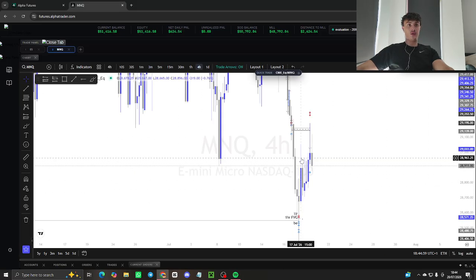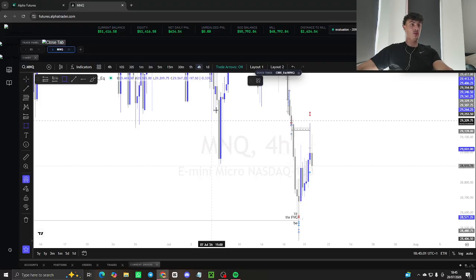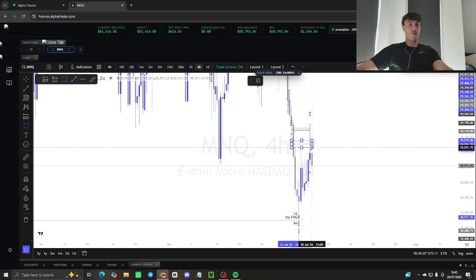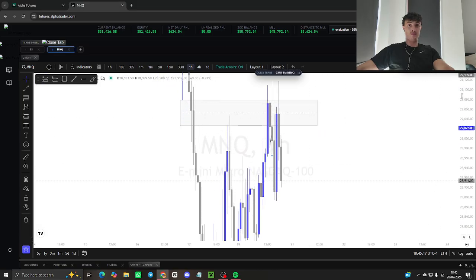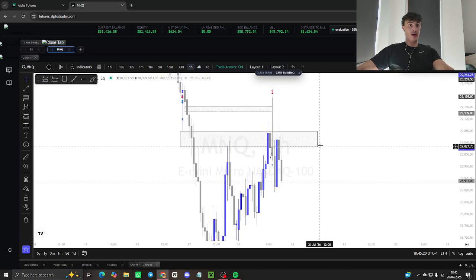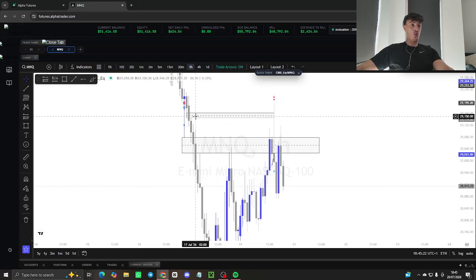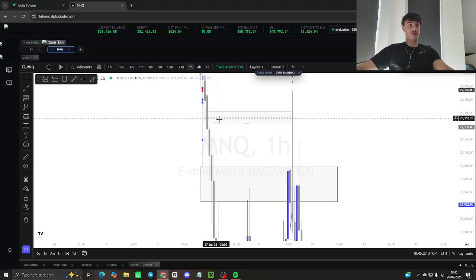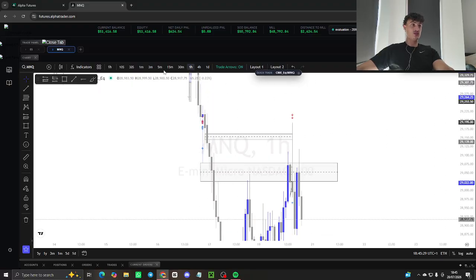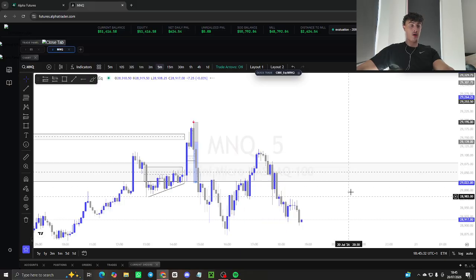On the 4-hour time frame, we did have a few areas where I would want price to go, which was this 4-hour gap here. We actually, once market opened, we pretty much filled that instantly. But we did have this 1 minute imbalance here. This 1 minute imbalance right here. Once we opened on market open,